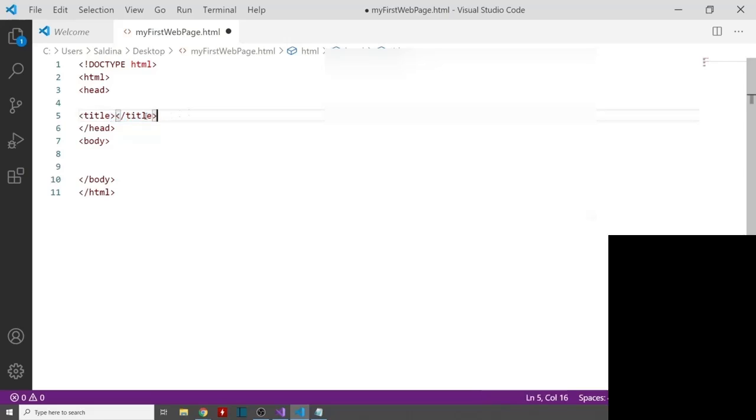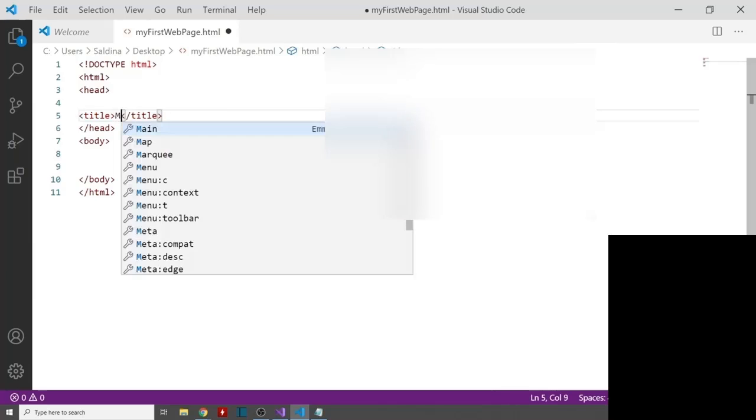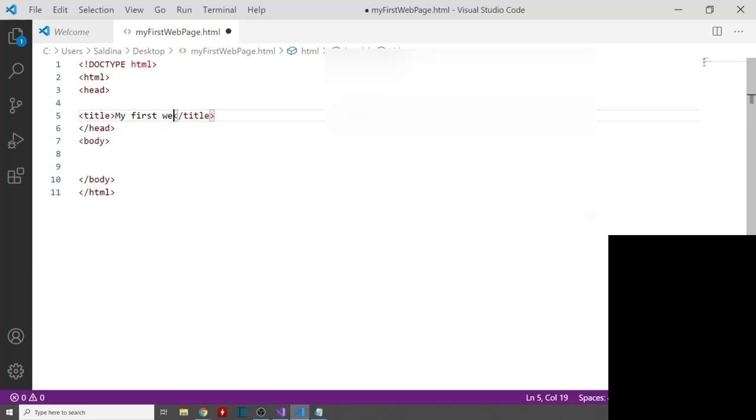So this here is going to be the title of our web page, and I'm going to show you what that title is. So how is it shown? Let me just write this title. So let's say that it is going to be my first web page, like this, and I'm going to save it. And now if I come to this